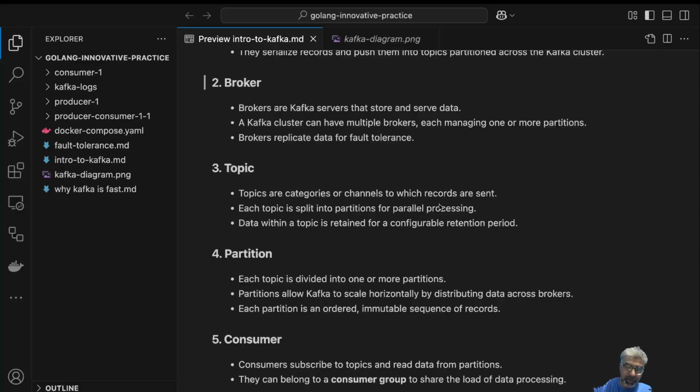So based on the topic name, the kind of message can be identified. All the messages that are sent, meaning the serialized data that is being sent to the Kafka cluster, are all segregated based on the topic. That's the importance of a topic. And the most important part of a topic is this: